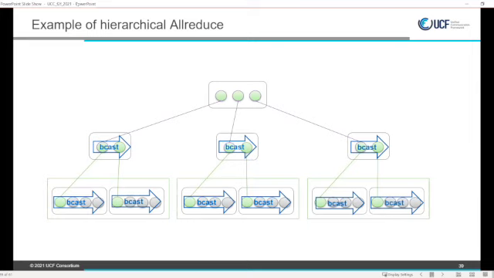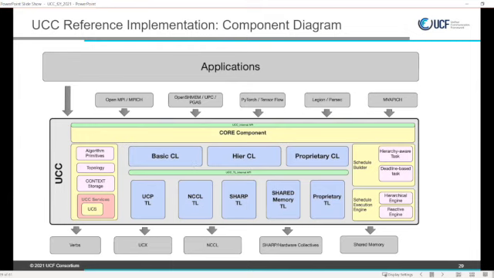So by the way, I will probably go back. Maju showed the diagram. Let me actually spend some time here. Maju was quick there. So in this diagram, which shows our architecture, we have the core layer, which, as Maju mentioned, implements our main API that the application interacts with. Say here we create a UCC team, which maps to an MPI communicator. Then the team itself in the core will potentially create several CL teams. CL is that upper layer which has high-level implementation of collectives using different TLs.